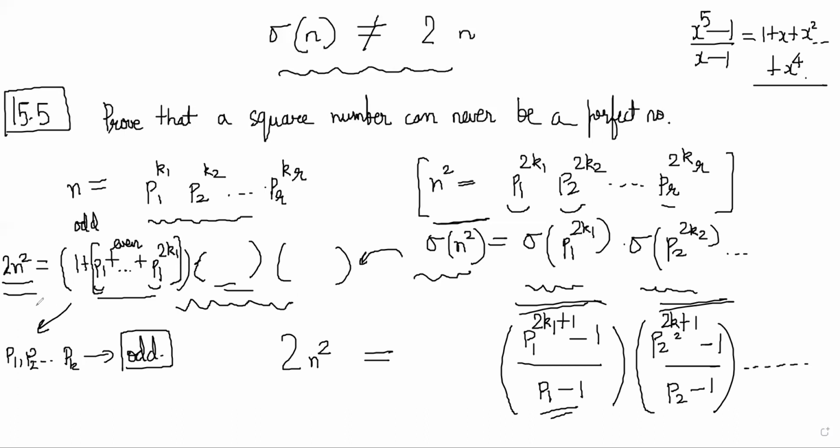Let's take the case that one of them was 2. So one of them was 2, the other ones are not 2. So other ones are still odd and one of them is 2, right? If it is 2, then everything till here is even. Then even plus 1 is odd. So still odd, right? So overall thing is still odd and the left hand side is even. So that is a clear contradiction. So again, we are not getting that it can be a perfect number, right? So this one is done.